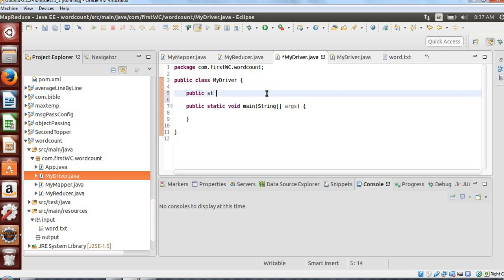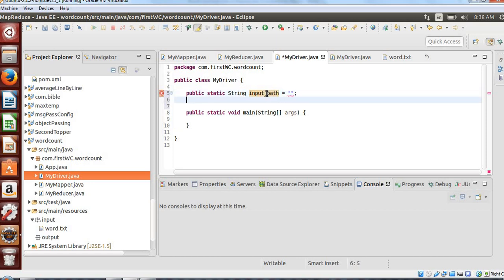Public static string, and the name is input_path. And also public static string output_path. So I'll mention my input path here and the output path here.